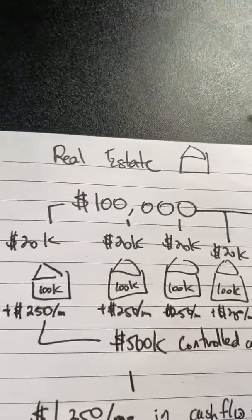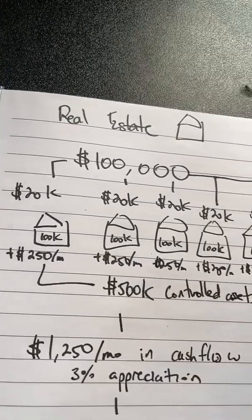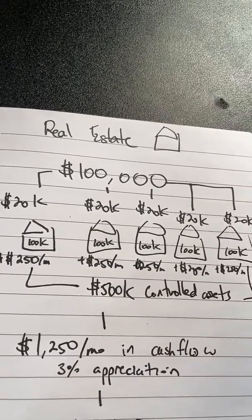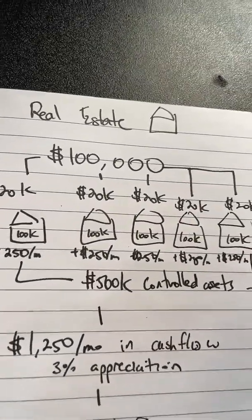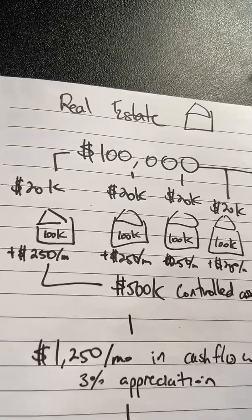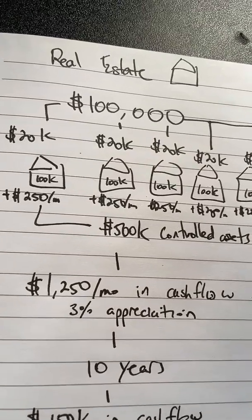Now for real estate, if you use leverage and use the $100,000 to buy multiple properties, you could buy 5 properties that are each $100,000 and put 20% down, so you're putting $20,000 in each property. And that also means that you have $500,000 in controlled assets, and if each of those $100,000 rental properties are making $250 per month in net cash flow, that means you're going to see a total of $1,250 per month